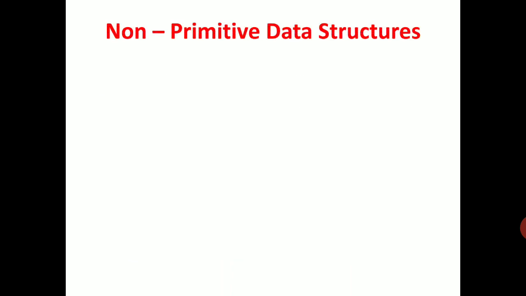We'll go for the non-primitive data structures. As we know, primitive data structures are already defined, predefined. The user cannot do much here; he has to use it. The primitive data structures are integer, float, double, already given to the user. The user just has to use them according to his programming requirements. But non-primitive data structures are those structures which are not readily available,